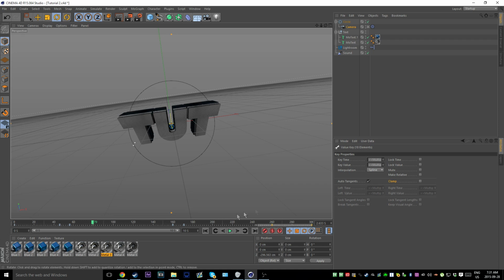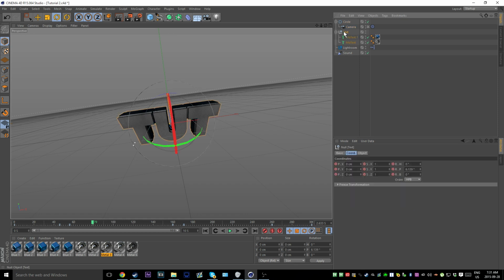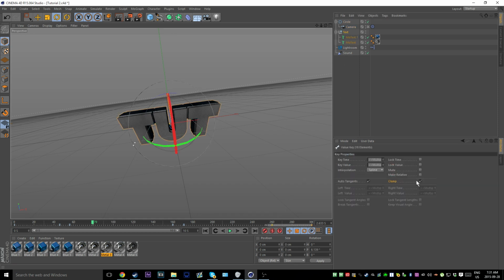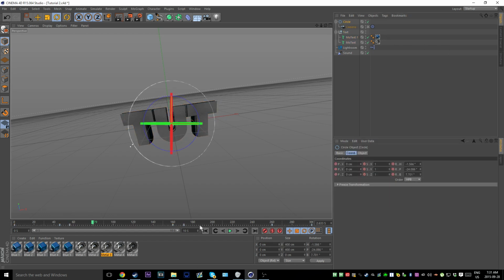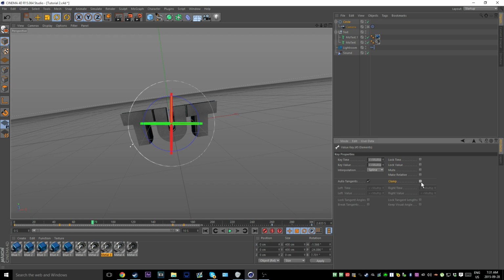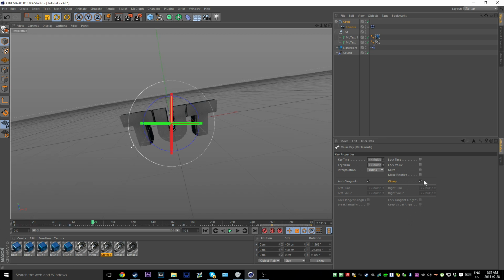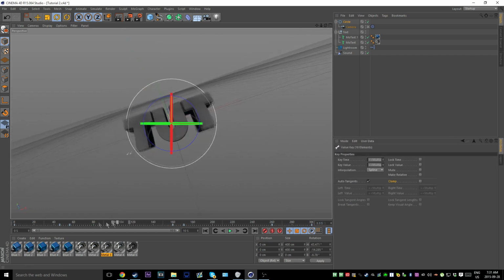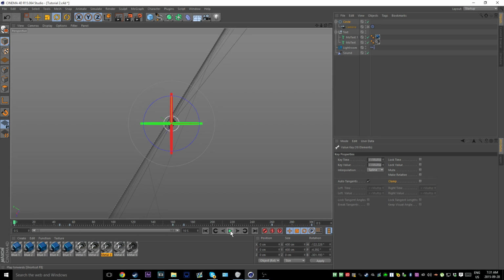You want to highlight these ones, make sure they're unclamped. Highlight these, make sure they're unclamped. And you want to do that for everything. So you want to do that to the text, and you want to do that to your circle. Now, clamping basically restricts the F-curve. And if you don't know what an F-curve is, don't worry about it. But it restricts the movement to exactly what you keyframe. Unclamping gives it a more organic feel. So if I play it back now,